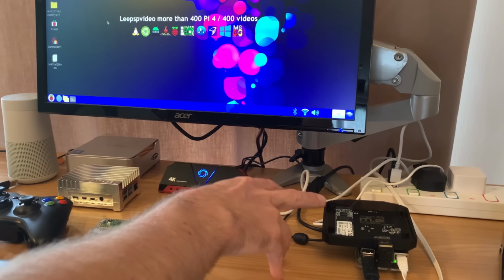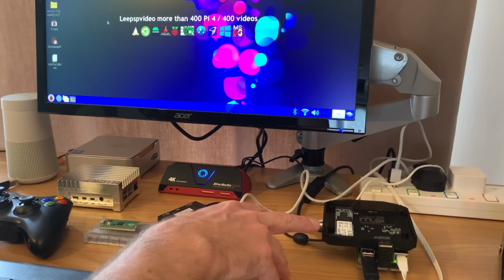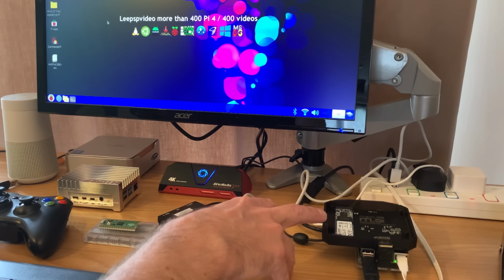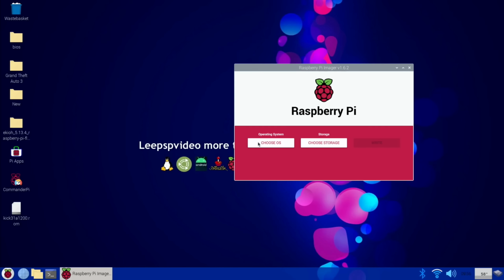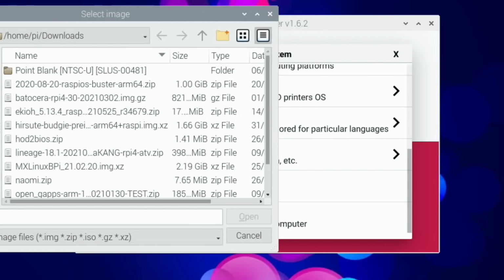Okay, so I booted up from the micro SD card, and obviously the M.2 adapter is plugged in, so this will be recognised by the system. And I'm going to write Raspberry Pi OS 64-bit to the M.2 drive. So let's go down to Start, Accessories and Imager. Raspberry Pi OS 64-bit I've probably got on here already. Use custom. So in my downloads folder,